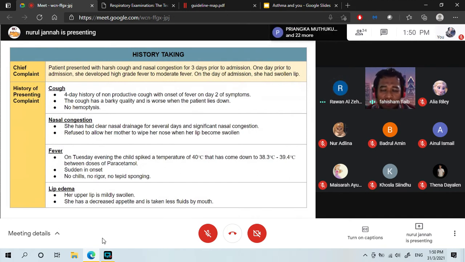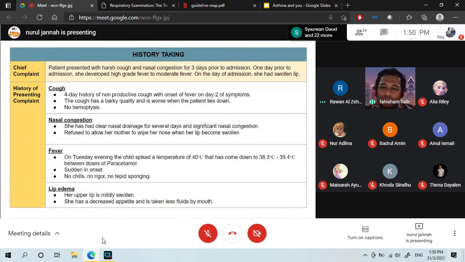Okay. So whatever the history of presenting complaint, it must be tailored. You also took the history from somebody, isn't it? So whatever the history, if you're going to admit a patient, does that mean for the first